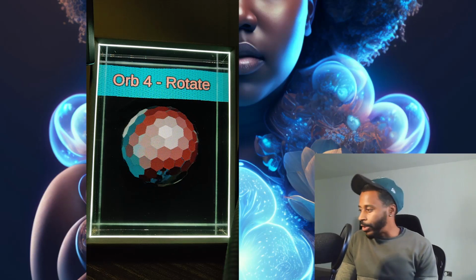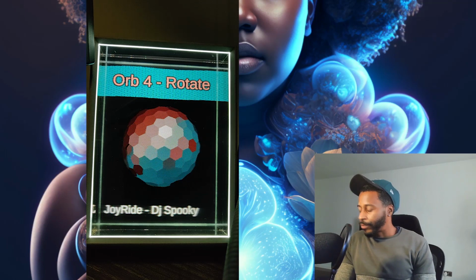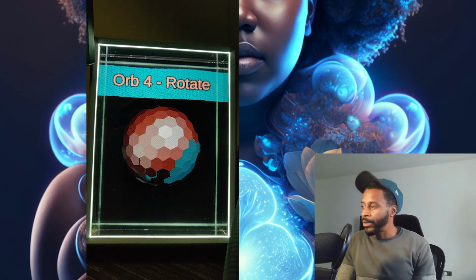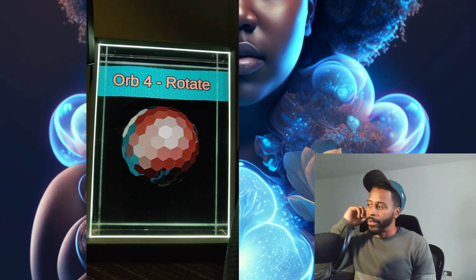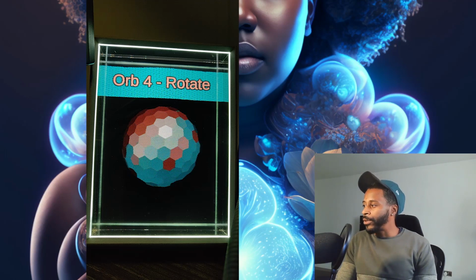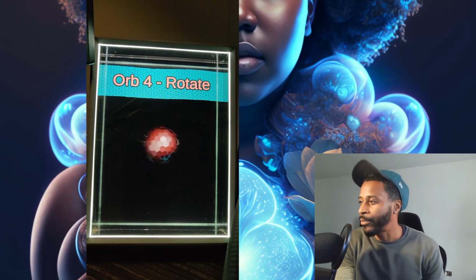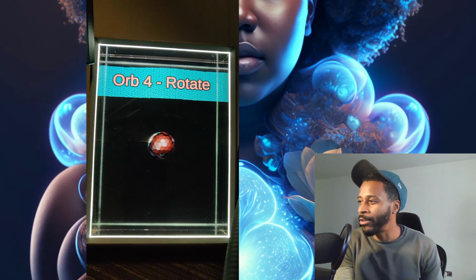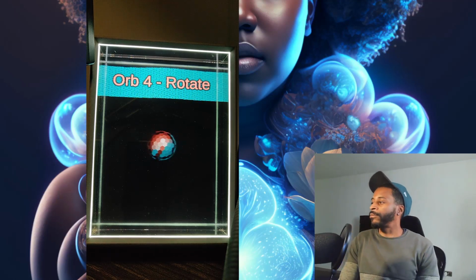Now the next feature here, if we go down to, see if this comes through. Yep. So let's go to music, and we have audio interaction. Maybe if I just turn this down a little bit.